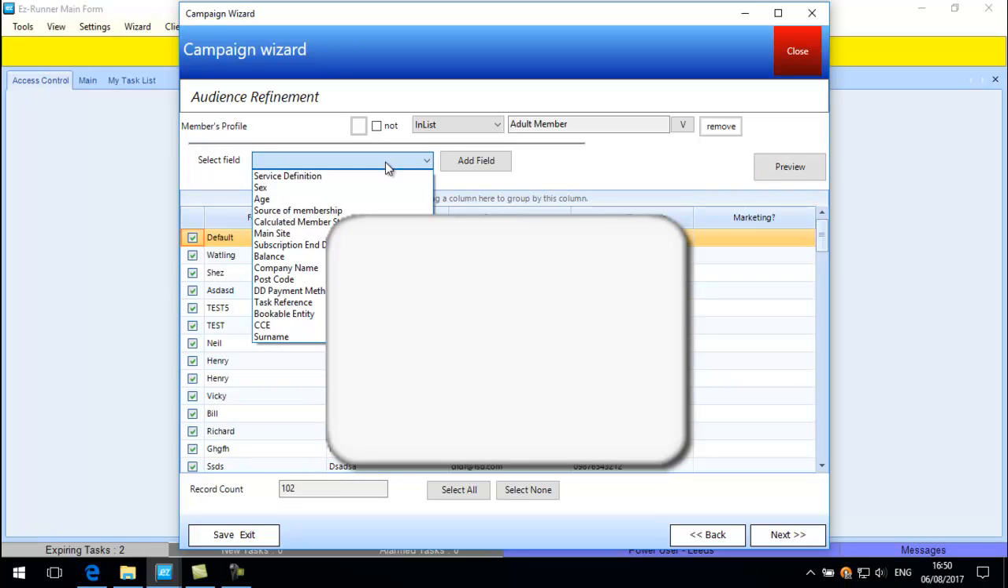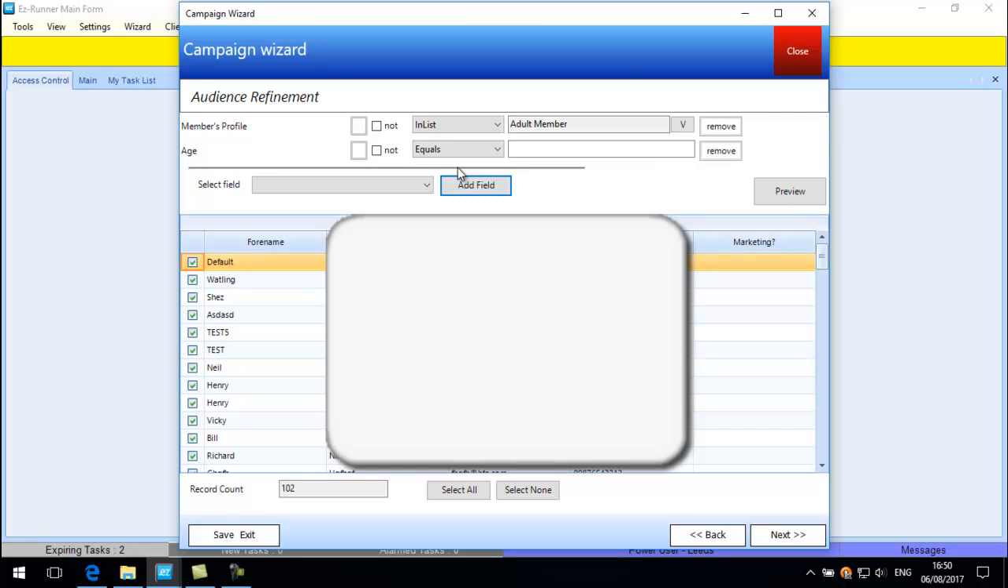What I can also do here is maybe choose another option as well. So I could say, okay, I only want to also send it to people who are over a certain age. So I could say age greater than 35. Hit preview. And again, that filters me down. So the Easy Runner Campaign Manager module can really be used to email everyone in my system, or